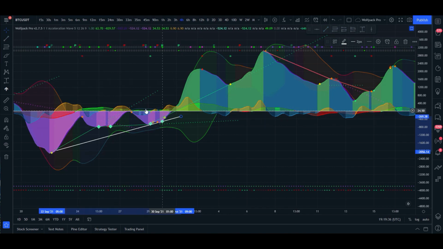You can see this yellow line here, which is what they call an acceleration wave. So it's not the same as a VWAP, but it's kind of front running the fact that we're starting to move up quite dramatically, and so it follows the same kind of model, but it does add a lot more